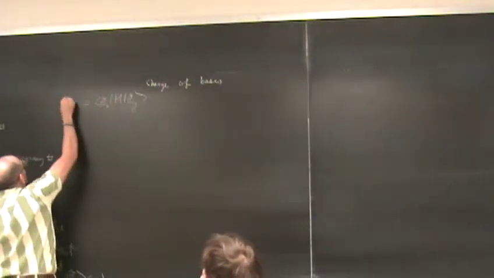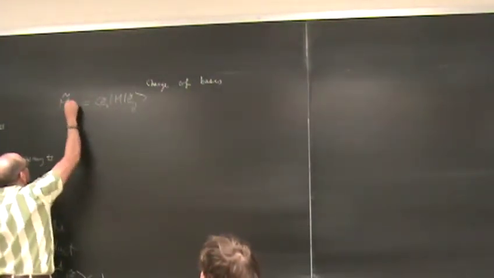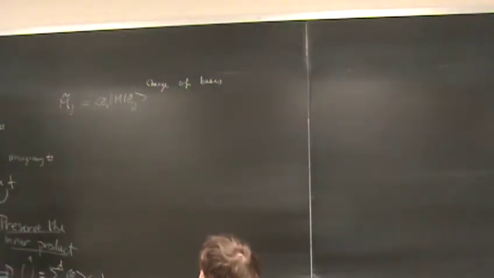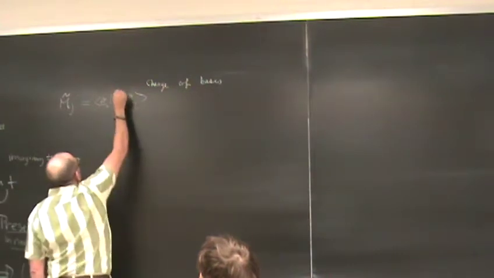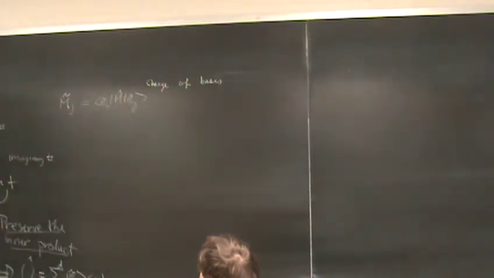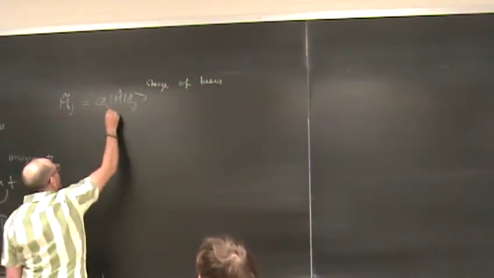Let me call that L tilde. Right? So if I want to find out how these matrix elements are related to these matrix elements, what I do is insert a resolution of the identity